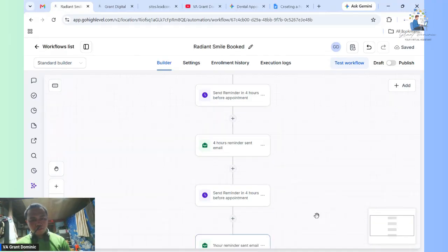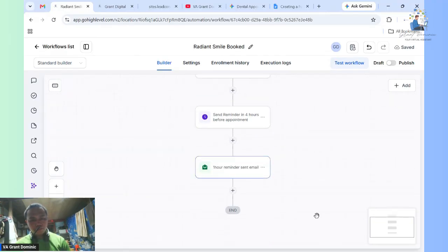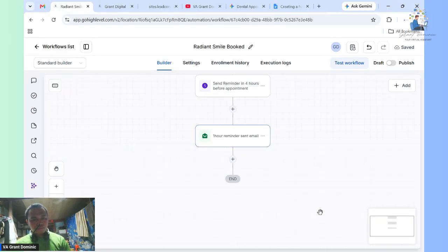See reminder in 4 hours before appointment.